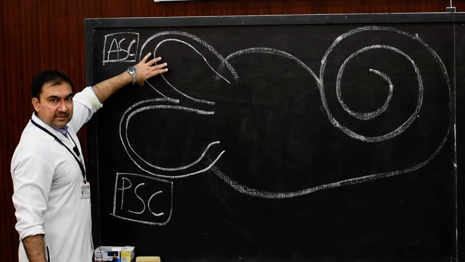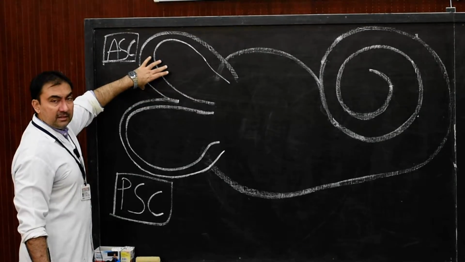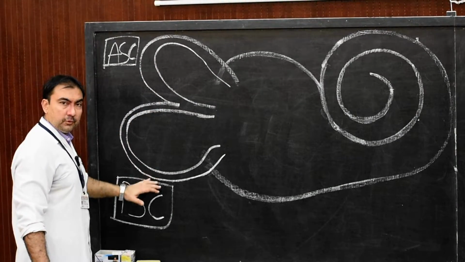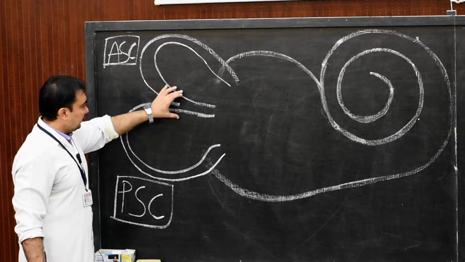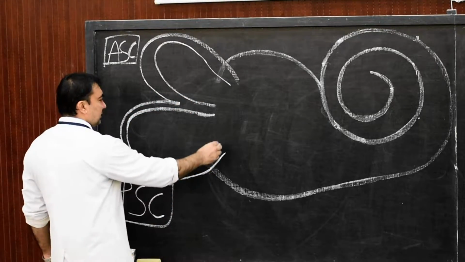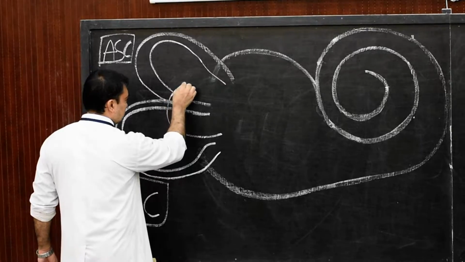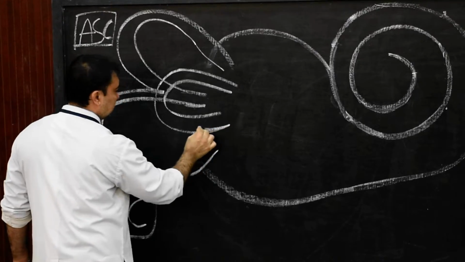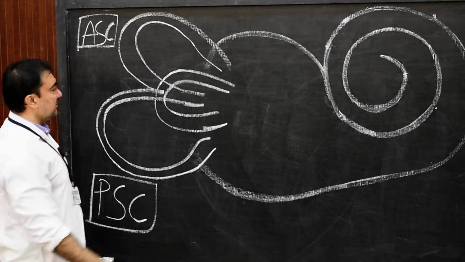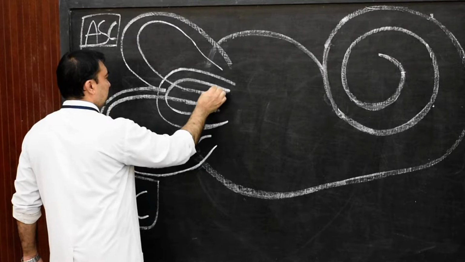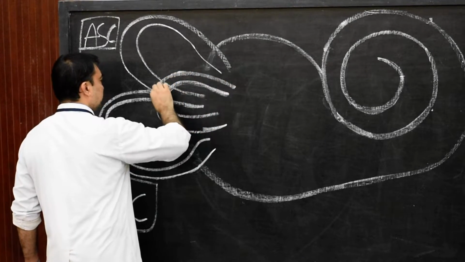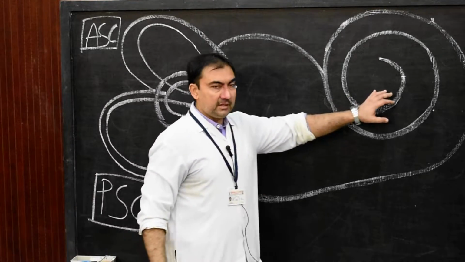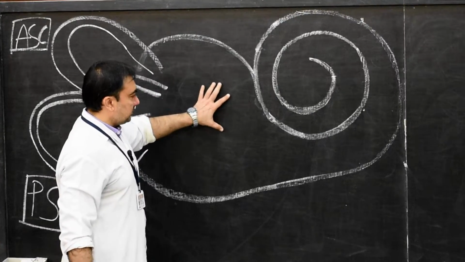Medial end of the anterior or superior semicircular canal will open with the upper end of the posterior semicircular canal as crus commune. And then finally we will make here the lateral semicircular canal. This is how we show all the 5 openings. We will come to these semicircular canals later on. We are interested in cochlea, so right now we leave this vestibule as it is.